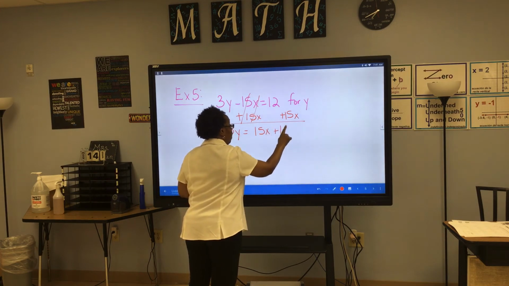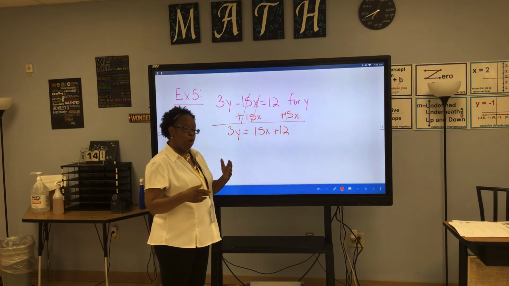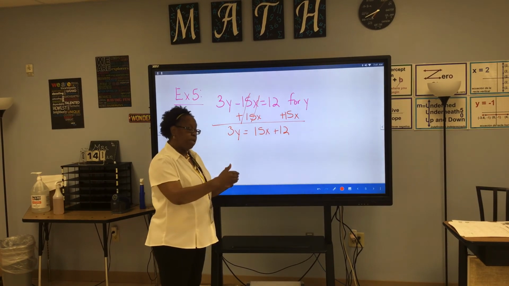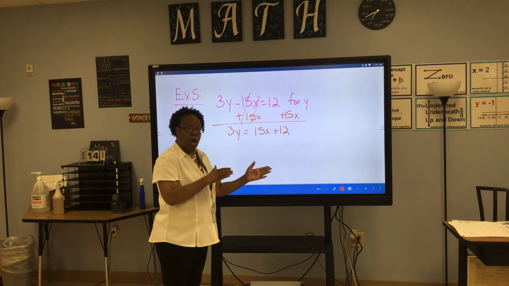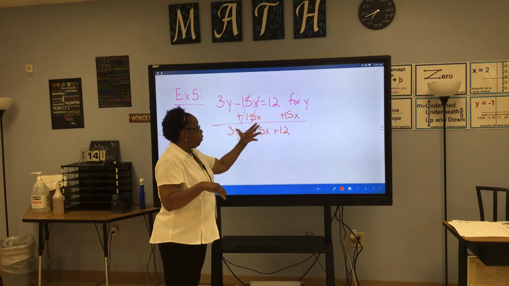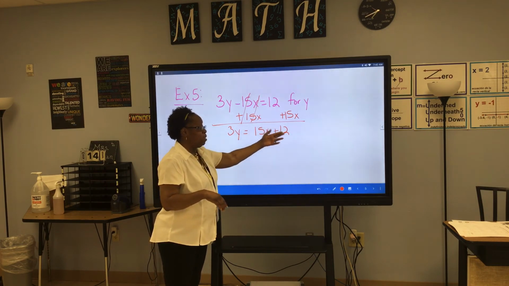plus 12. Now you say, well, Miss Norman, does it really matter? No, it does not. But when we start doing slope-intercept formula, you have to find the slope and the y-intercept. This will help you recognize it because the slope will be with the x and that'll be the y-intercept, and it's all in the right order, okay? So just practice it now. If you're solving for y in an equation and you have x also, write down the x, then the number,